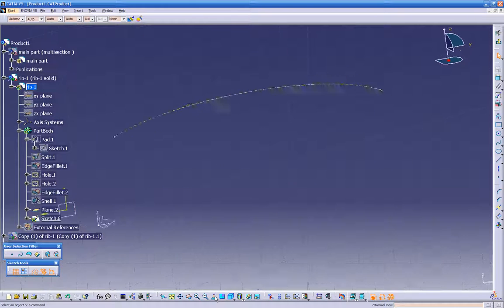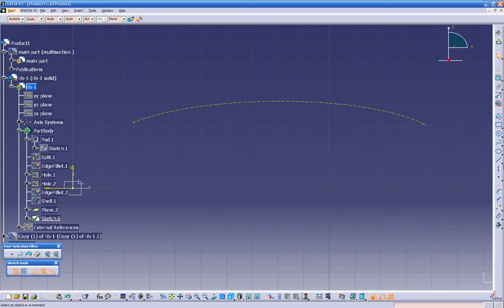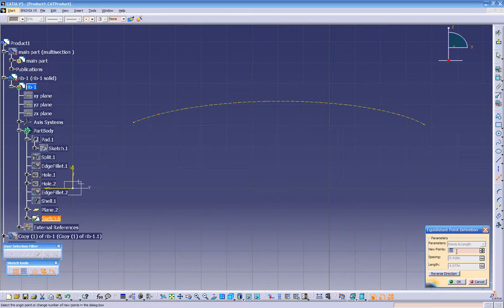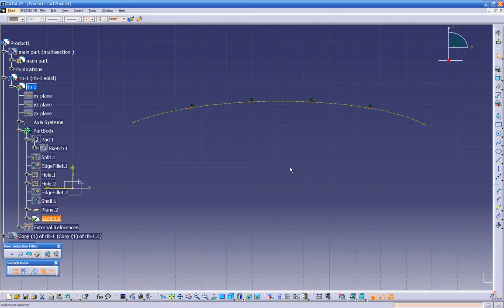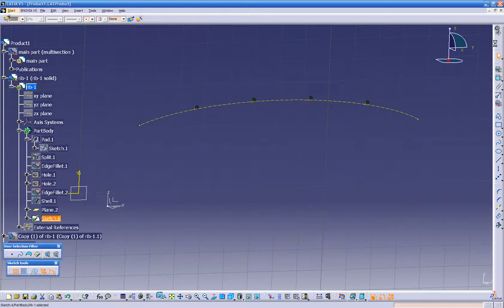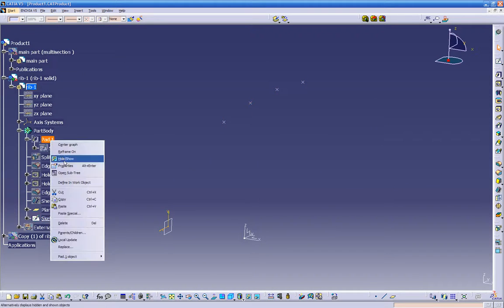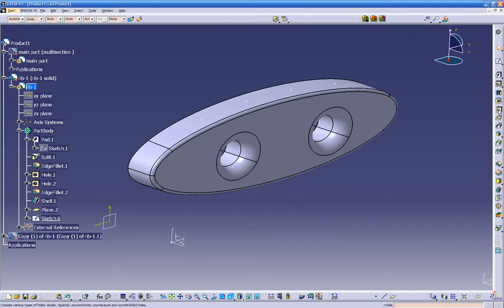Okay, let's do normal to view, and let's put a couple points. We use adjustable at equidistant points. I know my accent is pretty bad, but you get the point of what I'm trying to say. And let's go 4, click OK, and we have to make sure we turn this option on. We get out of the sketch. There's our points. Let's bring the part back on, and let's create